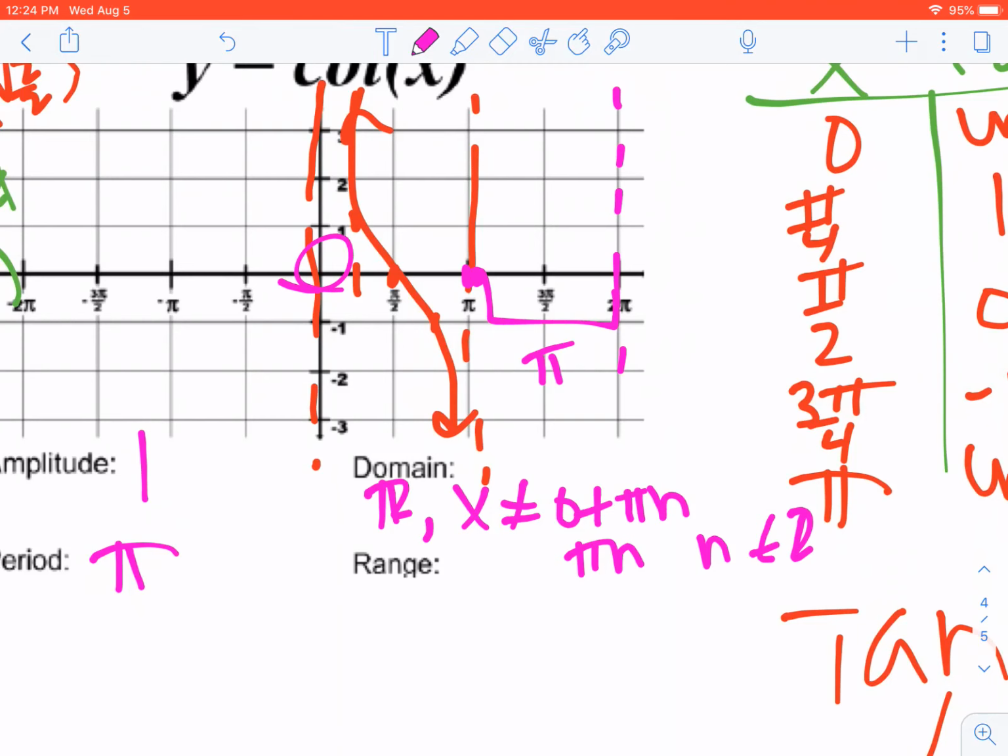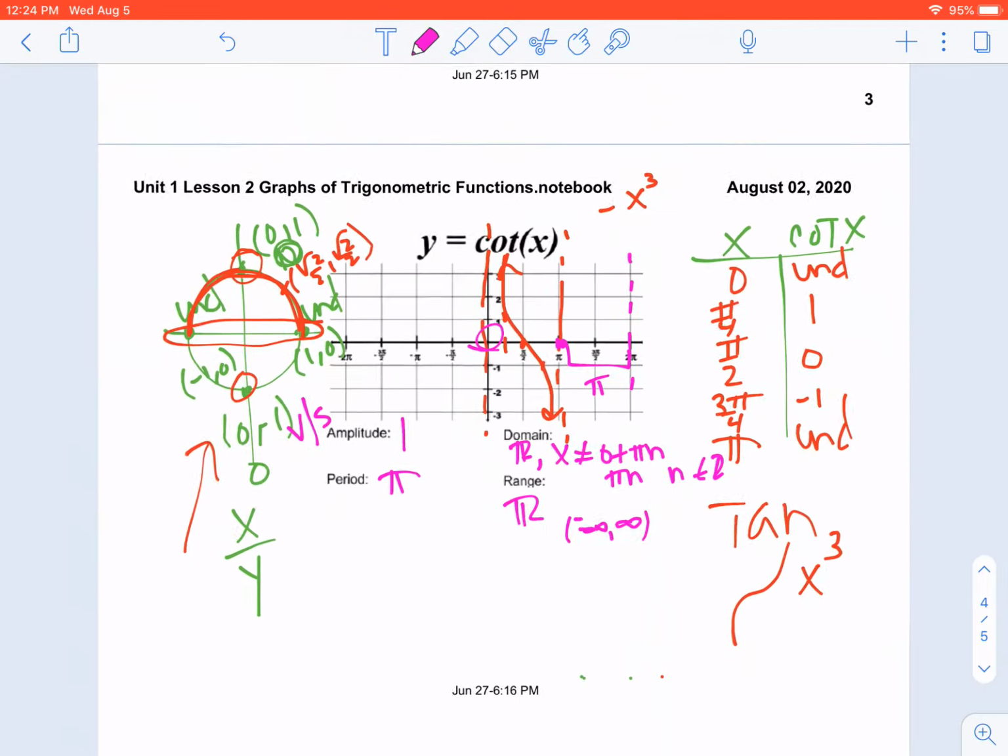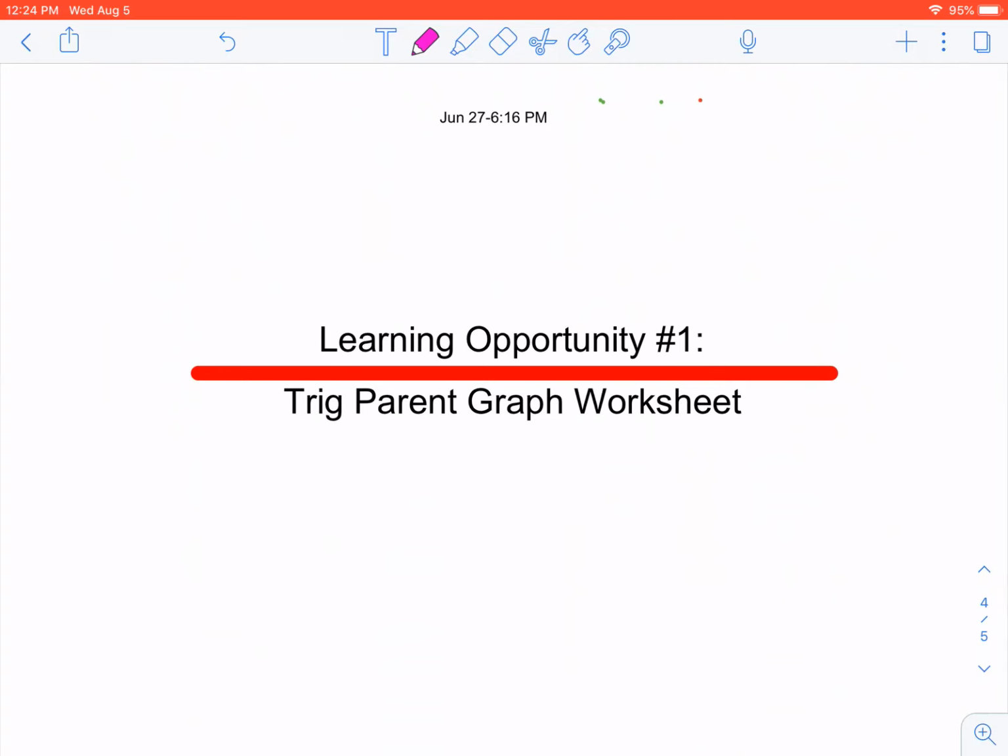But friends, your range, I don't have any place where I don't have a range. My range is all real numbers. And for the record, if a student ever gave me interval notation of negative infinity to infinity, that of course is correct as well. All right, so your assignment is to do the Trig parent graph worksheet and upload that,